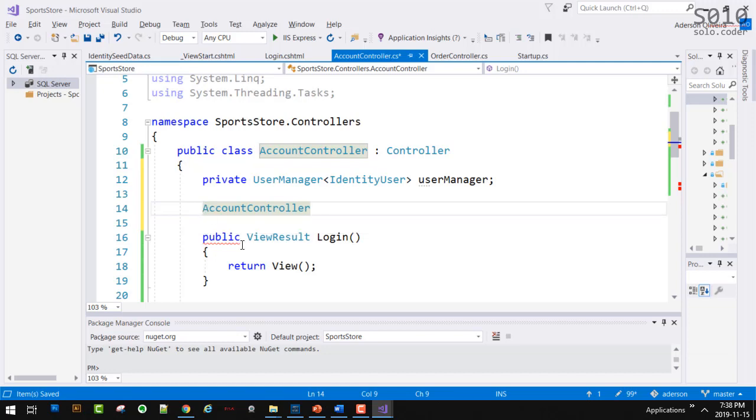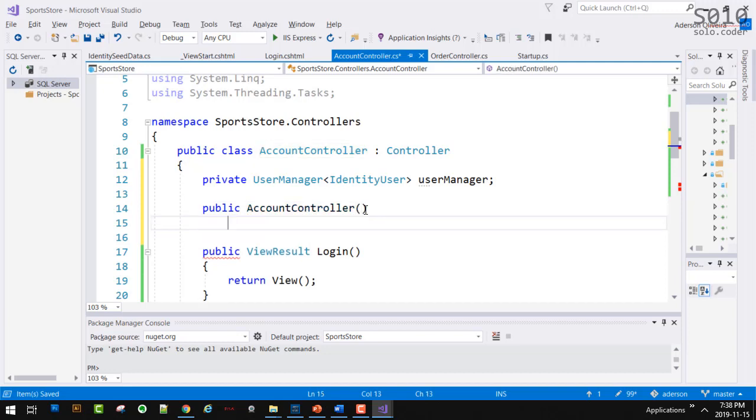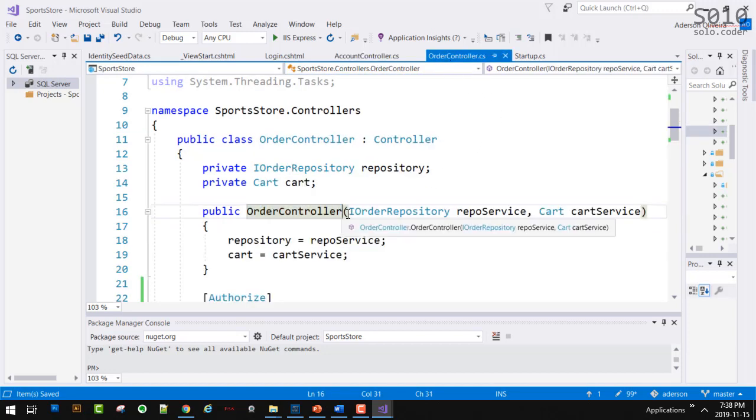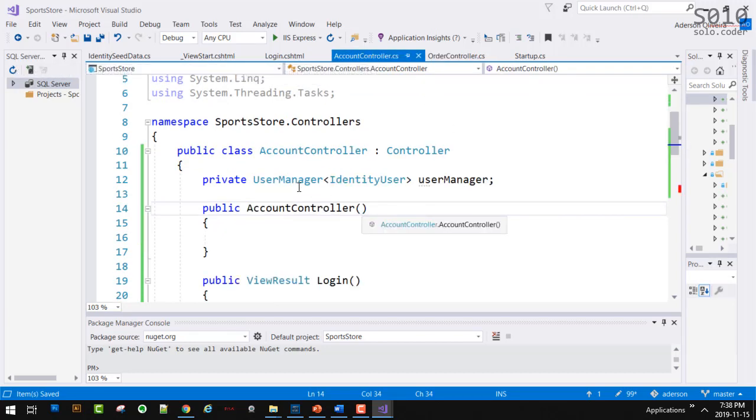approach here. So we're going to develop a constructor, so public, controller name, and then we're going to add a parameter here. The same way as we have dependency injection with the other repositories, we're going to have dependency injection here as well with this guy.